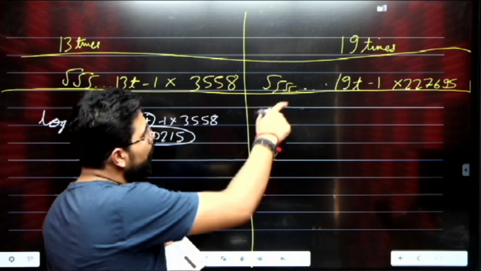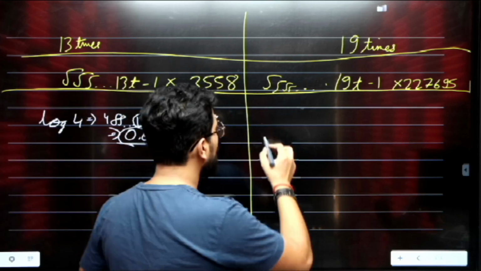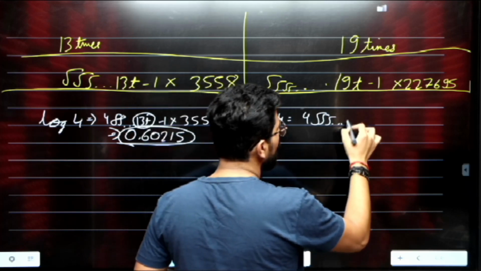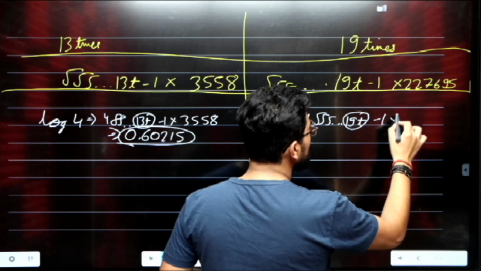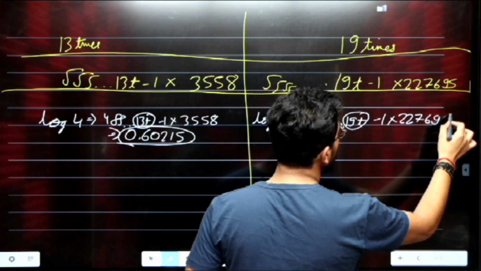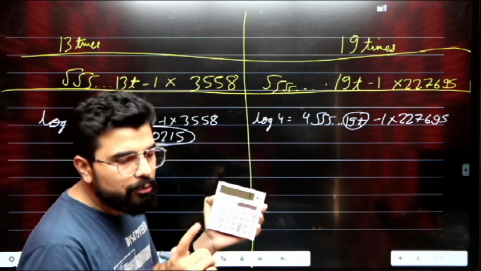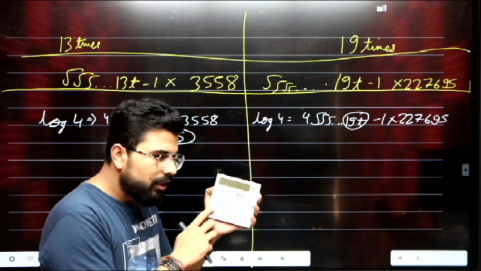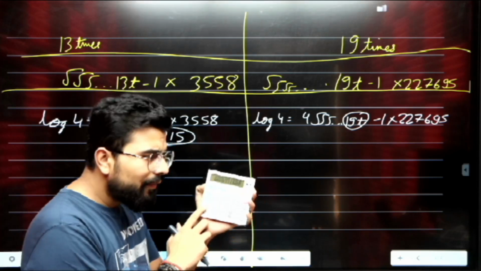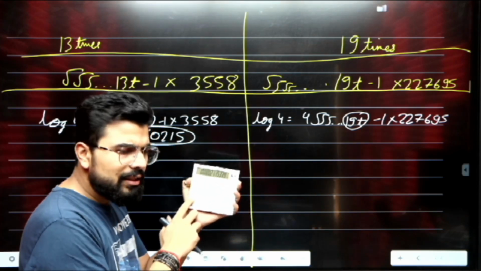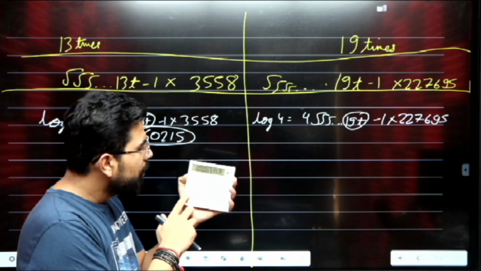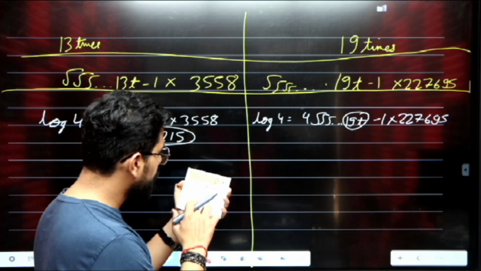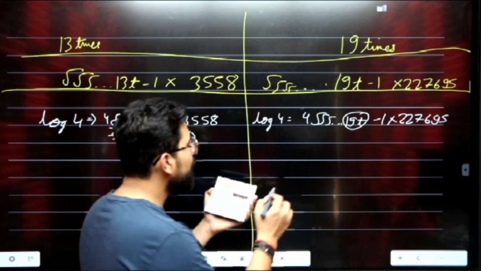Now, meanwhile, let's calculate log 4 with 19 times root as well. What you have to do is 4, then root for 19 times, minus 1, into 2.27695. Okay, so 4, now how many times root? You have to enter for 19 times. 1, 2, 3, 4, 5, 6, 7, 8, 9, 10, 11, 12, 13, 14, 15, 16, 17, 18, 19. Yeah, it's done for 19 times. Minus 1 into 2.27695. Sir, the value is coming as